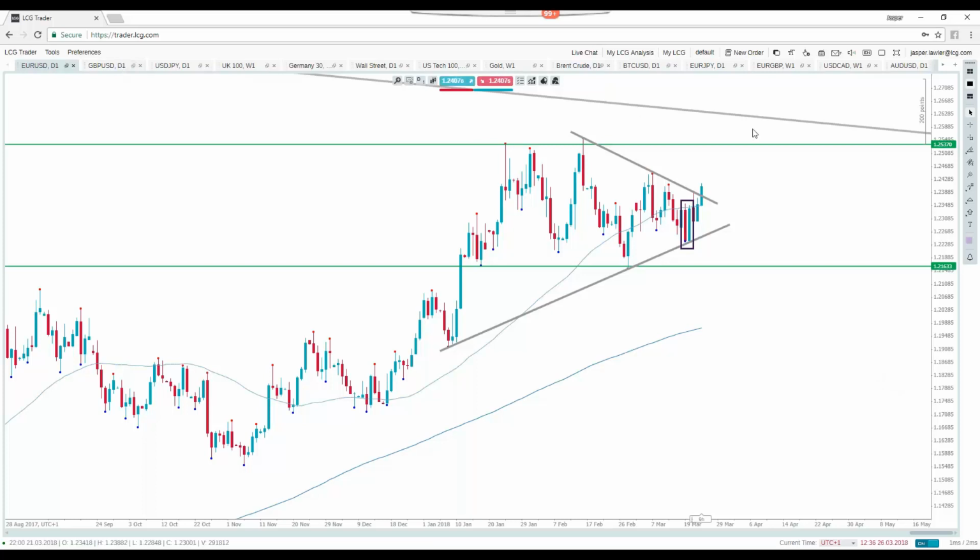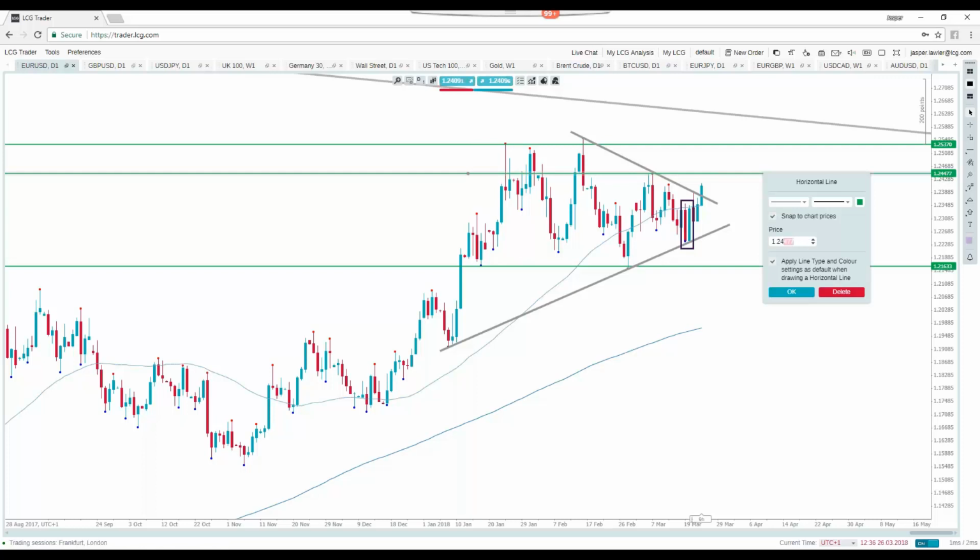Should we fail to close above, then that just leaves us in this trading range again. We do have some nearer term resistance, so watch out for that. I wouldn't necessarily be selling at it unless it was a very short duration trade. But let's see. Basically in this sort of vicinity, obviously we've got this high here, which we're stumbling a little bit at the moment, and this peak right here around the 124.50 mark basically could obviously see prices dip. I think that would more ideally be a place where maybe price rolls over a bit and it gives you a chance to buy a dip if we get that high.